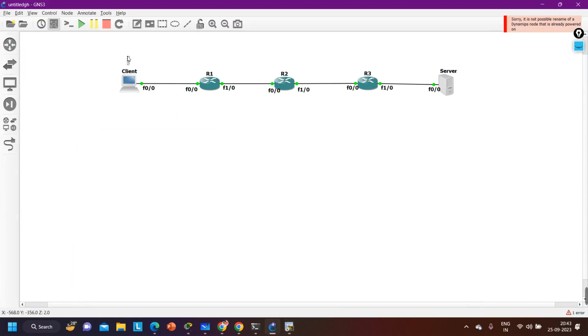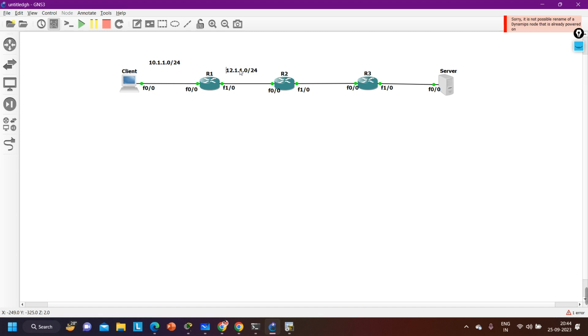Here let's say we are running the 10.1.1.0/24 network. This is one network. The IP address of the machine is 10.1.1.1, and on the router we will configure 10.1.1.100. Between router 1 and router 2 I am going to use the 12 network,